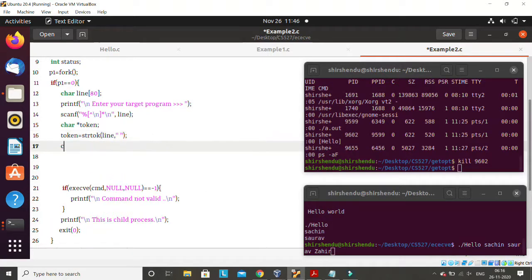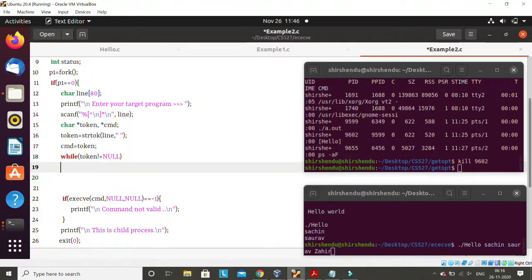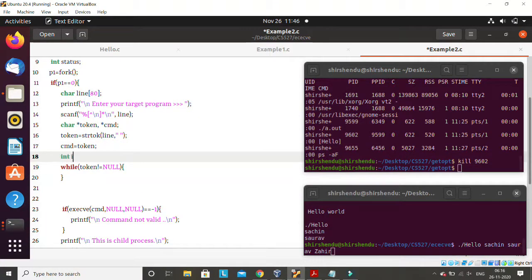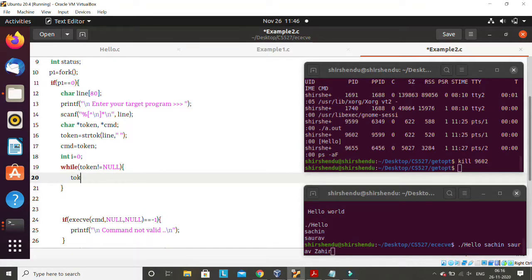So what I'll write here is cmd is token. Oh, cmd is not here, let me use one star cmd also. Cmd is token. Then I'll write while token not equal to null, and I need a curly brace here. I need a variable like integer i equal to 0. Then what I'll do here, token,